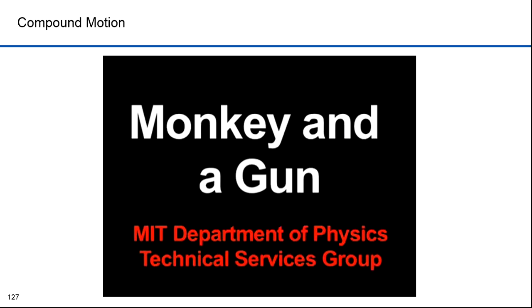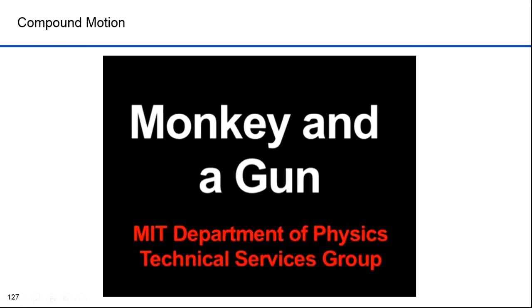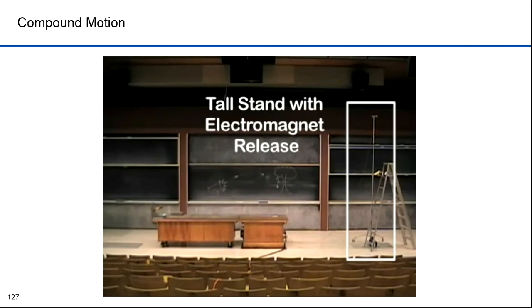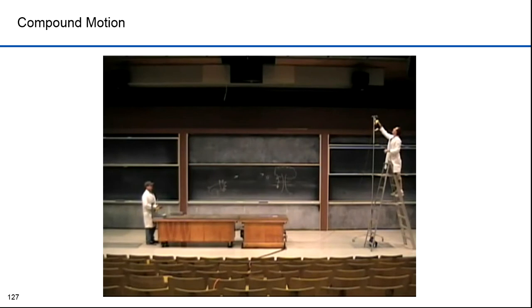This is very cleverly illustrated by an experiment at MIT. A golf ball gun is aimed at a monkey who is suspended on a tower with an electromagnet. When the ball is fired, the electromagnet is turned off. At the instant the ball is fired, it will travel in a trajectory, while the monkey will fall. Because they both have the same component of downward acceleration, the ball hits the monkey dead on.